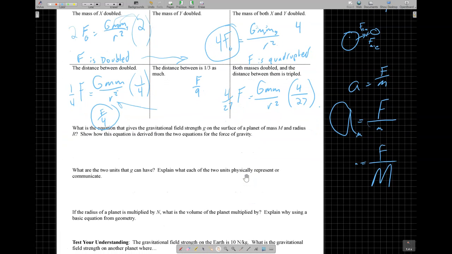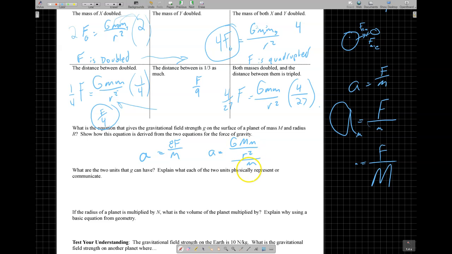What's the equation that gives gravitational field strength on the surface of a planet of mass m and radius r? Show how this equation is derived from 2 equations for the force of gravity. All right, so we know the acceleration for any system is equal to the net force divided by the mass. If the only force acting is the force of gravity, then our acceleration equals G times m over r squared